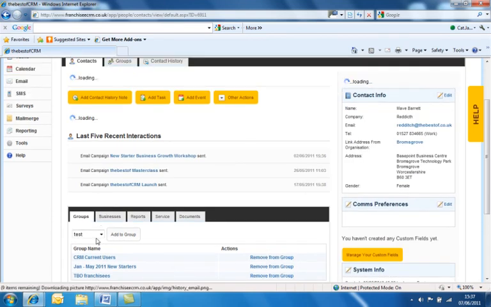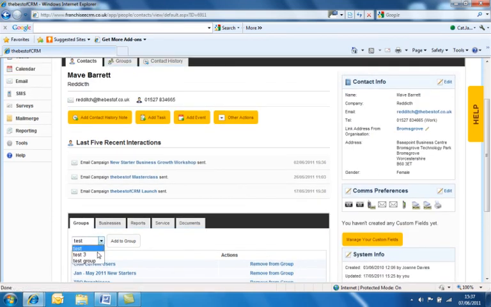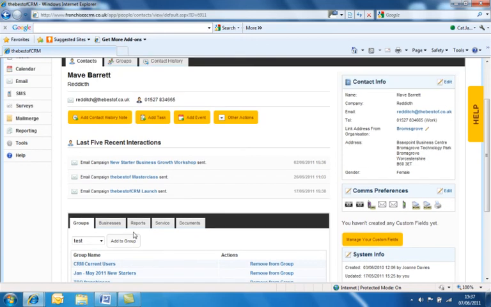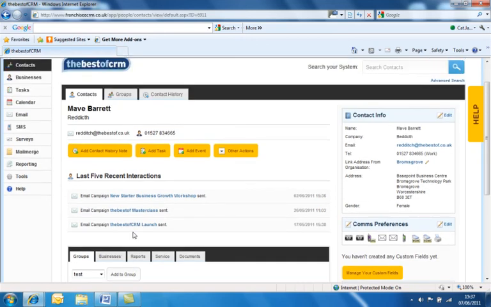And again, you can add them to a group by choosing which group you'd like to add to, and then add to group if you'd like to keep on adding them to more groups. So that's creating a group, adding a contact, editing your contacts